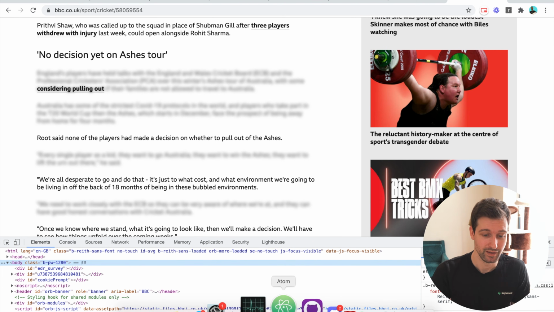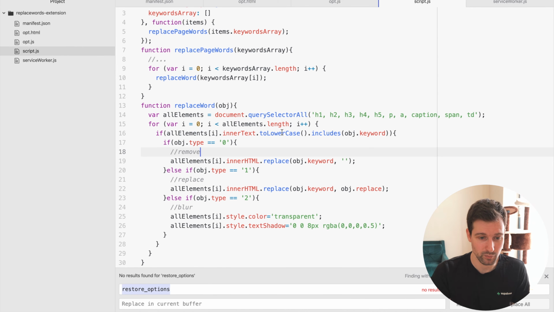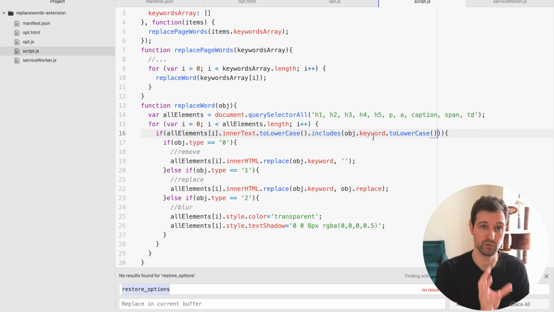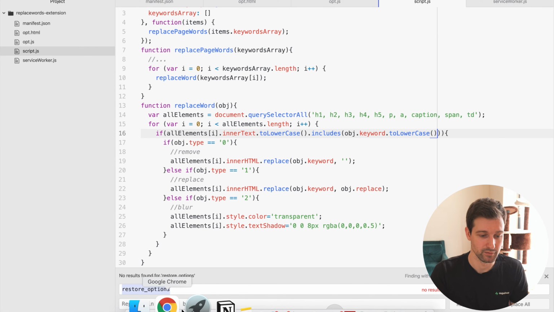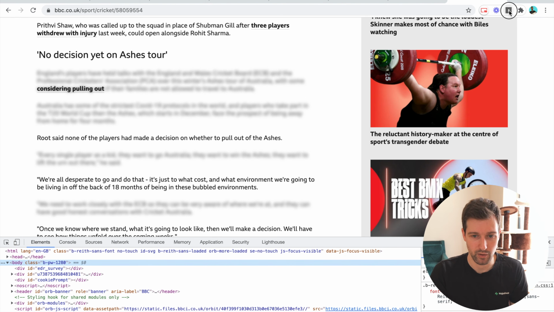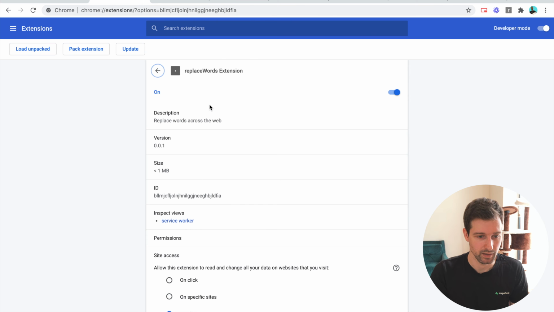Now one thing I'm going to do as well is where we move this to lowercase, I'm also going to put our keyword into lowercase as well, just for that check, so we can make sure that we're matching all of the right elements. So if we go back to our options and capitalize it again,